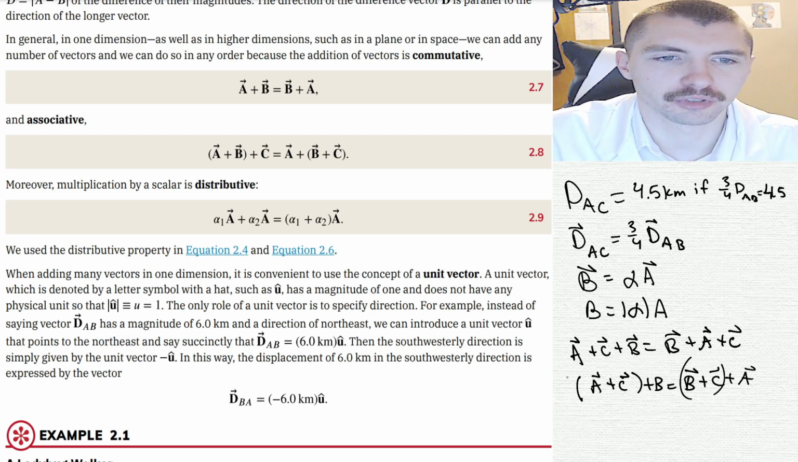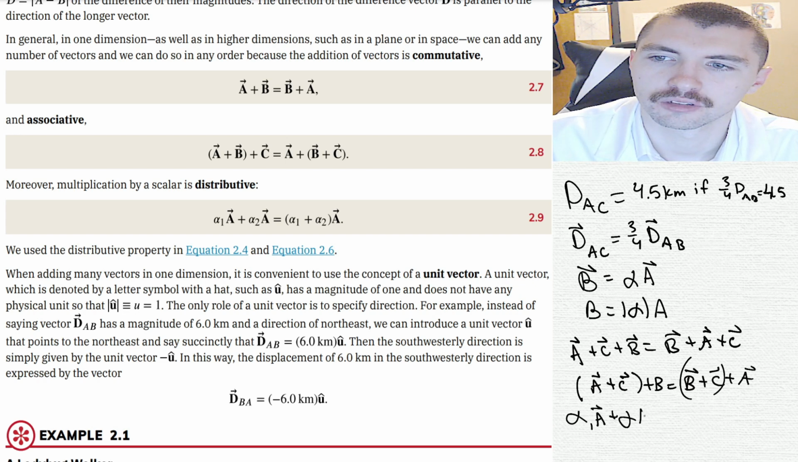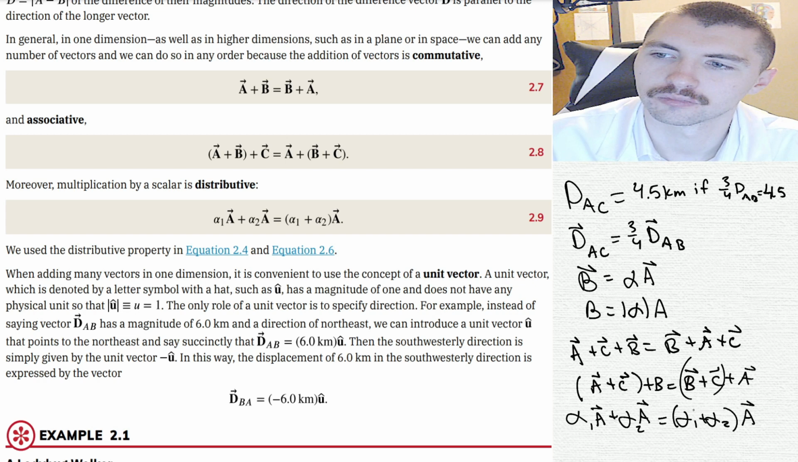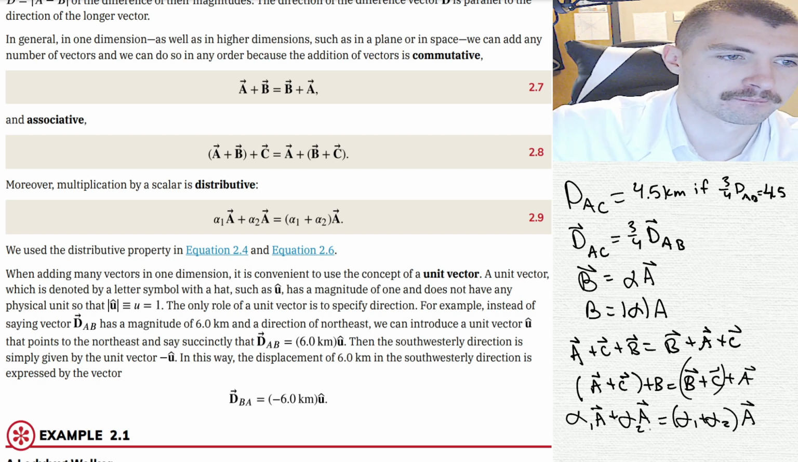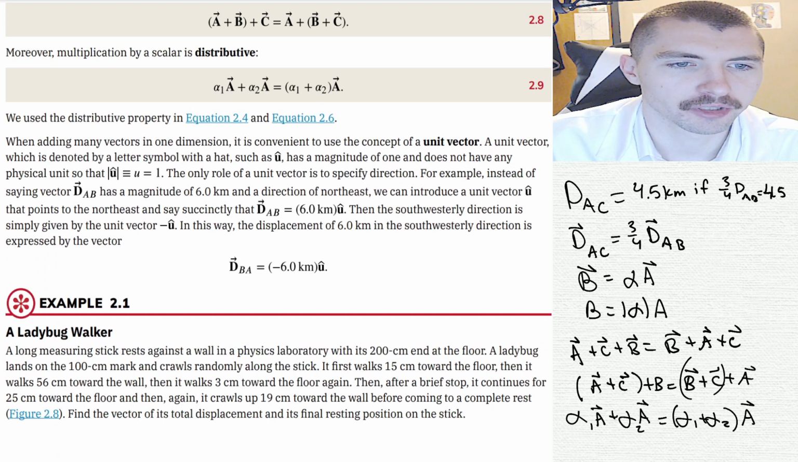Multiplication is distributive, so A1, A2. When adding many vectors in one dimension,